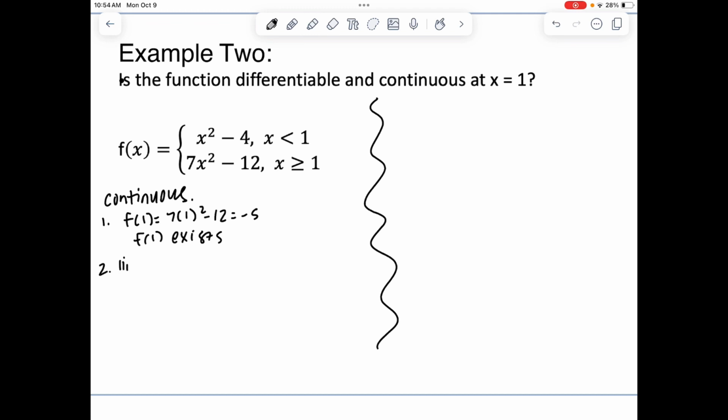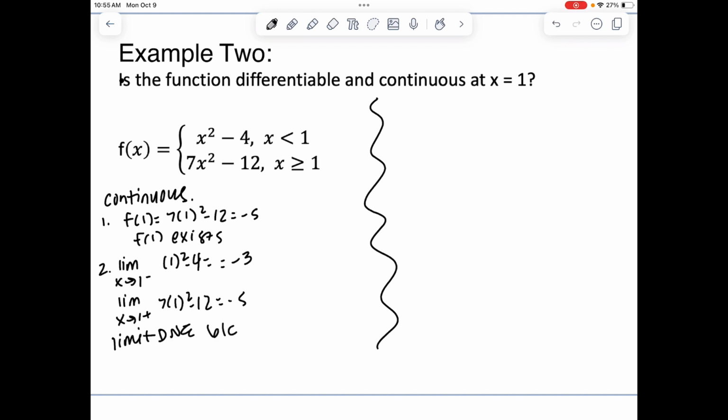2. The limit as x approaches 1 from the left is going to be 1 squared minus 4, which equals negative 3. Okay, sorry. That equals negative 3. The limit as x approaches 1 from the right is 7 times 1 squared minus 12, and that equals negative 5. So the limit does not exist